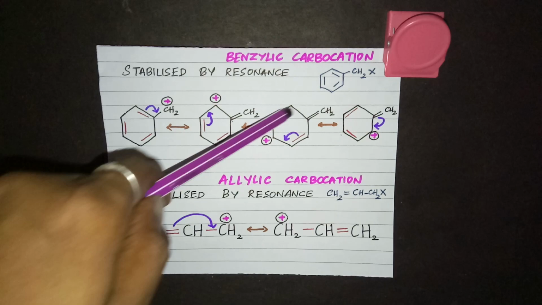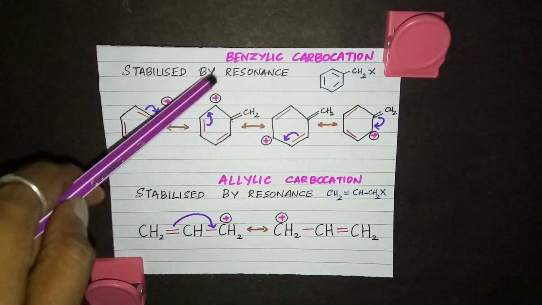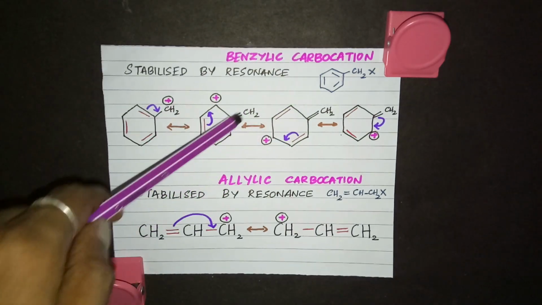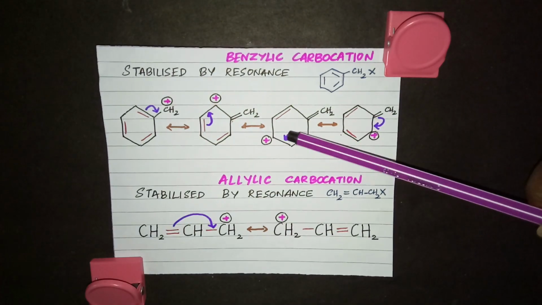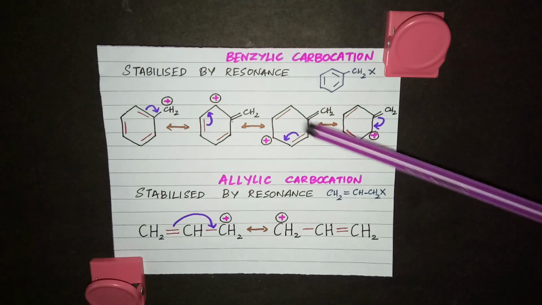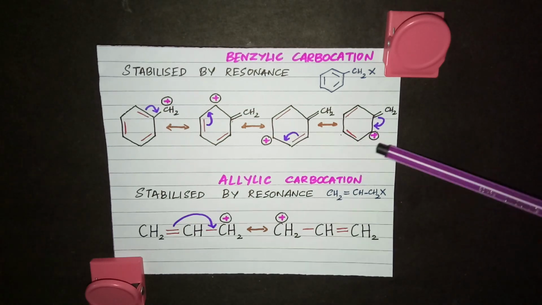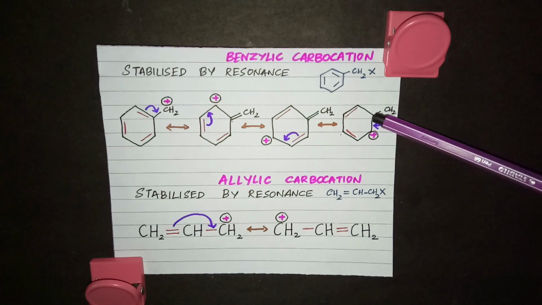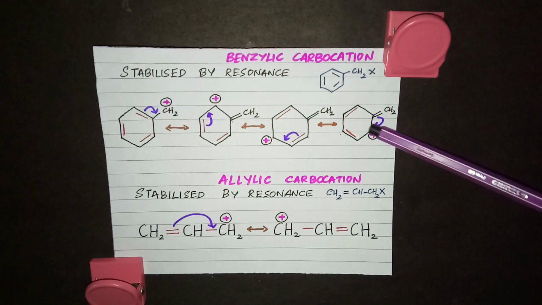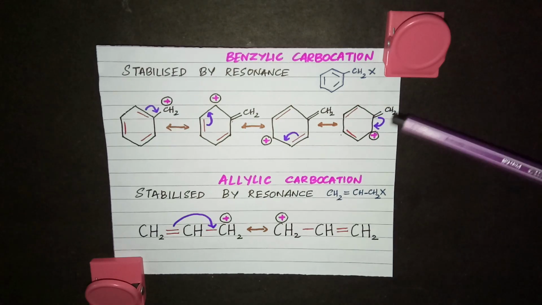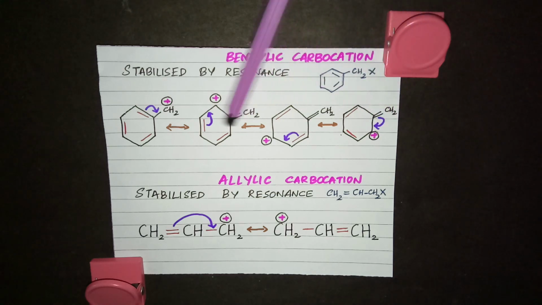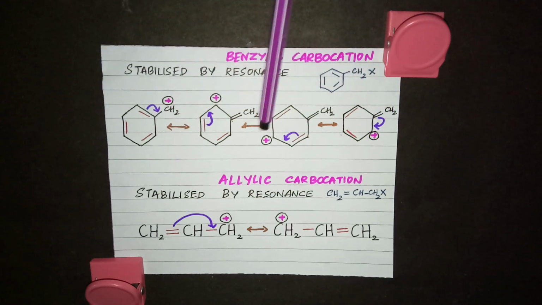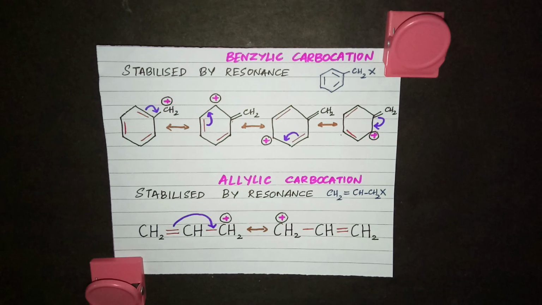So here we have a bond. Here this bond is already there, and instead of here, we are putting a positive charge here. This CH2 is as such. In the next picture, what happens? Since the positive charge is here, these electrons are pulled here. So I get a bond here and I get a positive charge here. When there is a positive charge, again this bond comes here, and this CH2 will get a single bond. So these are the 4 different resonance structures that you can draw for benzylic carbocation. You have to always put a double-headed arrow for representing these canonical forms. So this benzylic carbocation is more stable.